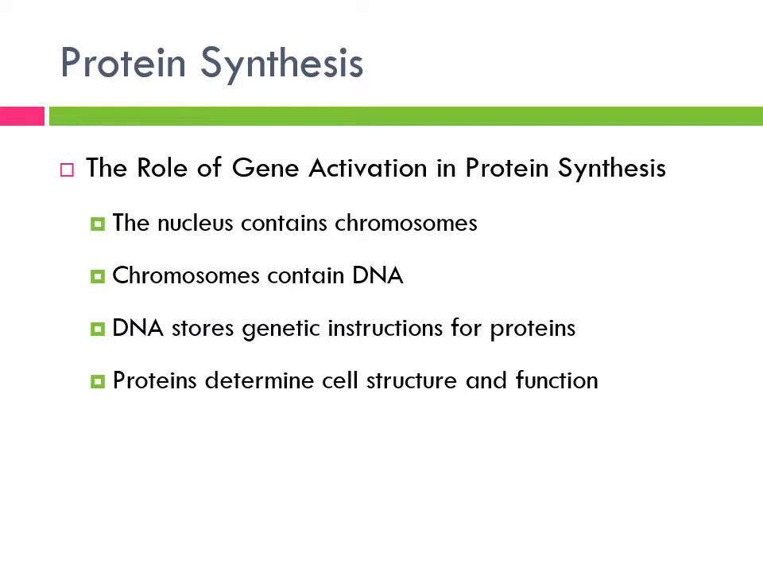Protein synthesis. The nucleus contains chromosomes. Chromosomes contain the DNA. The DNA contains the instructions on how to build the proteins. So proteins determine a cell's structure and function. So our DNA is going to have certain genes that are more dominant in certain cells that'll produce different proteins